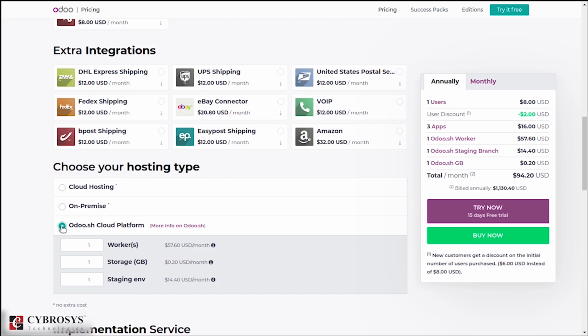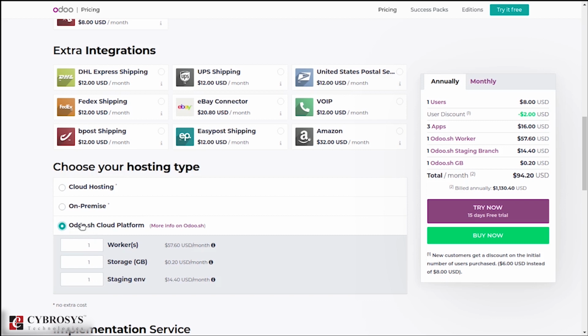Then we have the Odoo.sh cloud platform. Basically this Odoo.sh is the default server which is provided by Odoo, which supports custom modules, and moreover third party integration as well as custom modules can be added in order to satisfy the requirement. So it supports custom modules in Odoo.sh, but for this we have to pay extra.